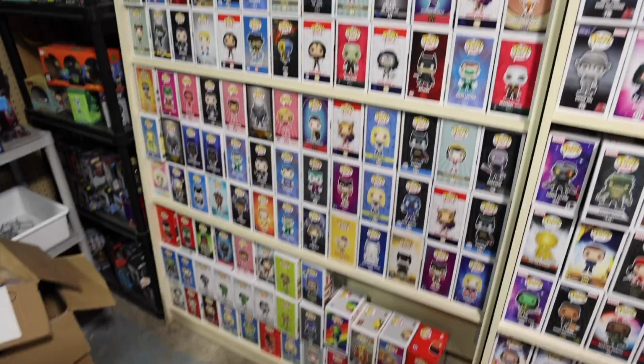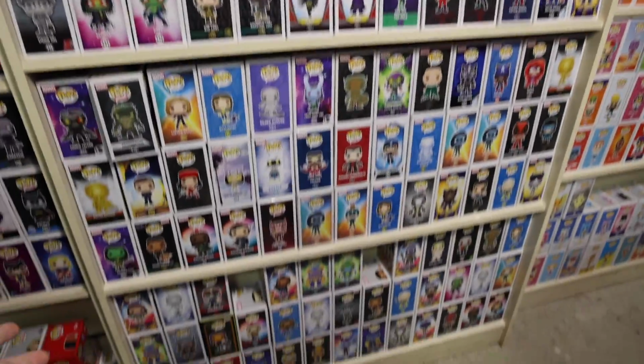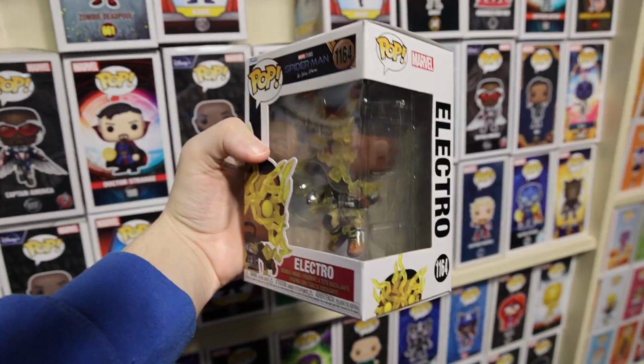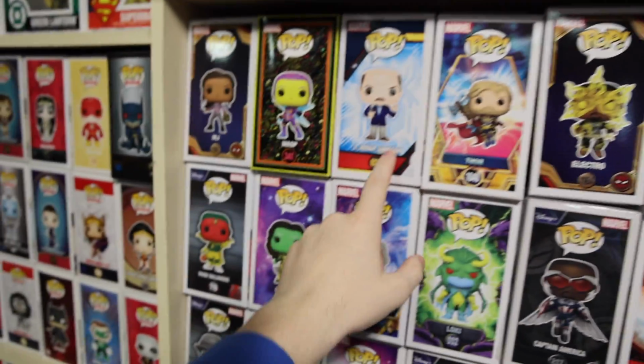And now, of course, I always like to take a look at their back section, but there's just so many figures to talk about everything. So maybe I'll just point out like 1 or 2 that kind of stand out to me, like this one up here, the Electro. And actually, now that I think about it, it might be the first time I've ever seen this one. And I gotta say, they really did a great job making it look like Jamie Foxx as well. And then I also noticed we've got like J. Jonah Jameson, and